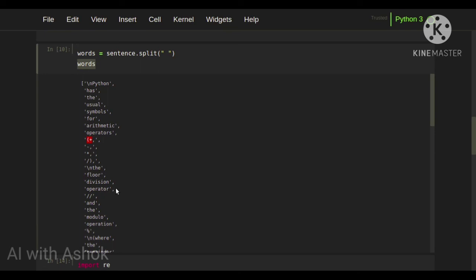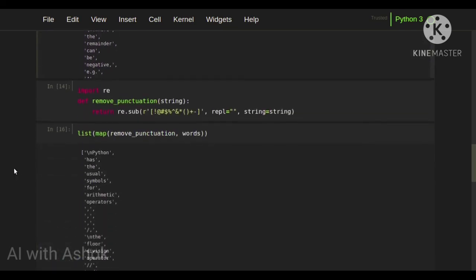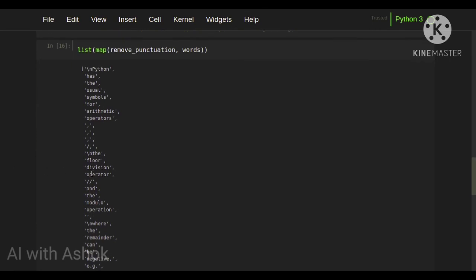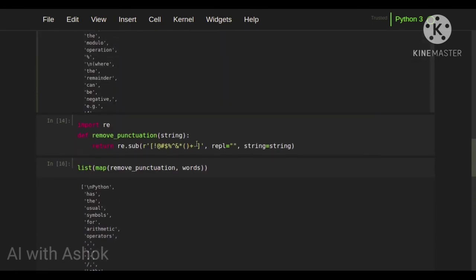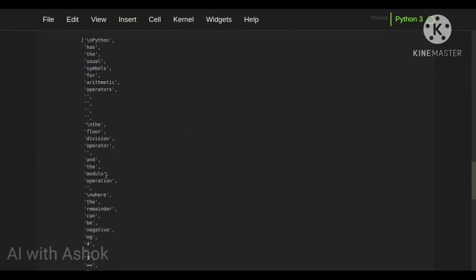And then see here, after this operator we have a double slash. Actually we didn't give the double slash. Let's do it now. Now it will remove the double slash also. See, after operator we have removed the forward slash also.